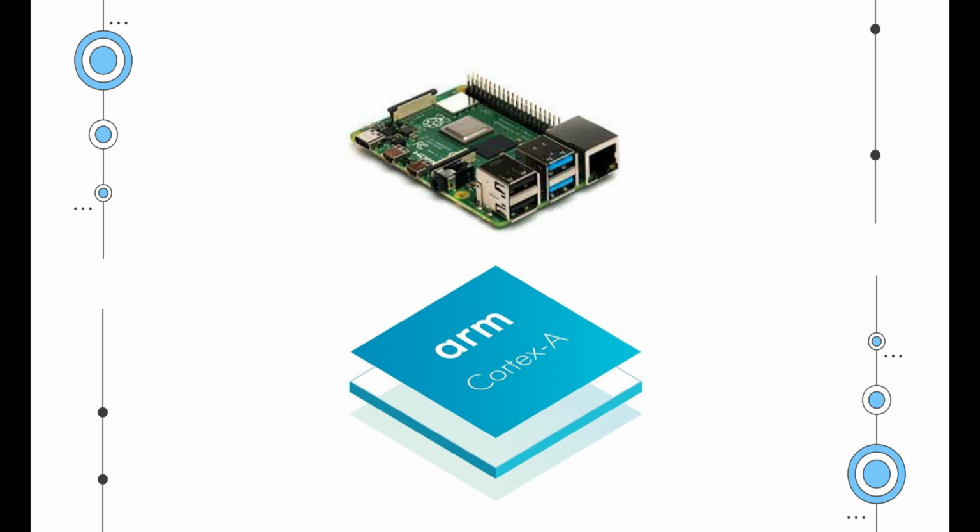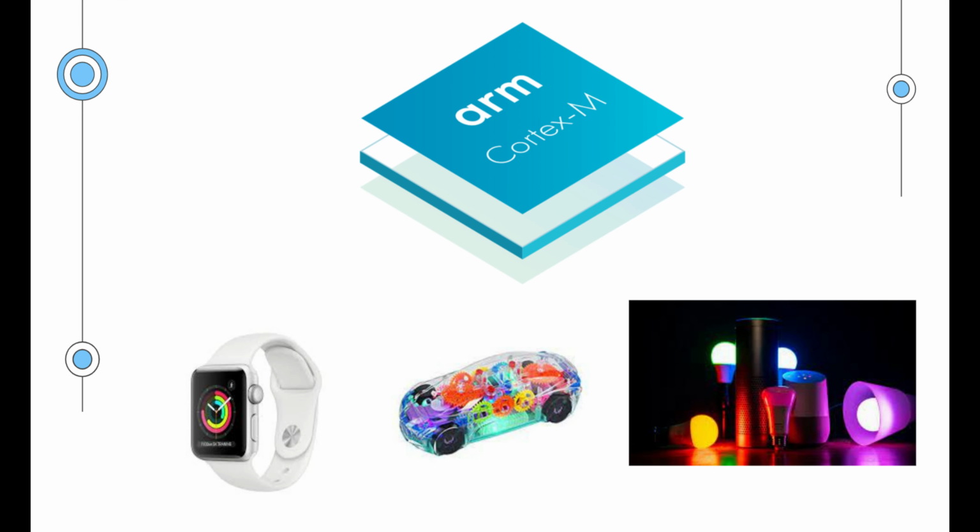Similarly, other processors like Raspberry Pi and ARM Cortex-A, the processor inside Amazon Alexa, can be used. However, they have their own limitations and are relatively expensive. But with a processor like Cortex-M, which is a cheap processor, IoT has now become a reality in gadgets as basic as a smartwatch, toy cars, smart fans, smart lights, etc. So without any further ado, let's see the working of my personal assistant.